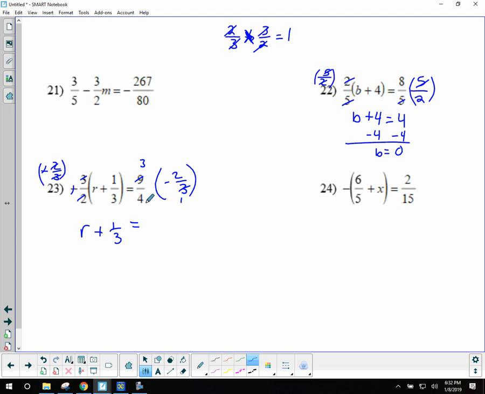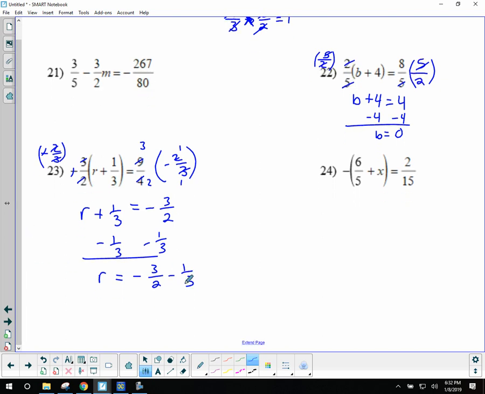We got a negative. That's going to be negative 3 over 2. Then you just have to subtract 1/3. Then R equals. Boom. Do y'all remember how to add and subtract fractions? That's right, common denominator. Let me tell you a trick. Most of the time you just take this guy times that guy. So check this out. 2 times 3,